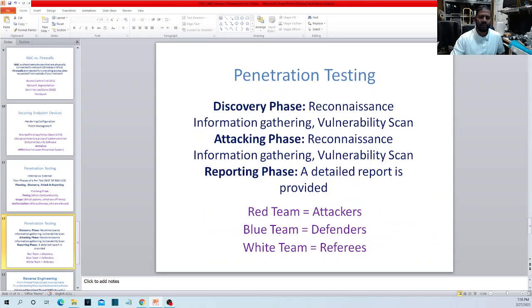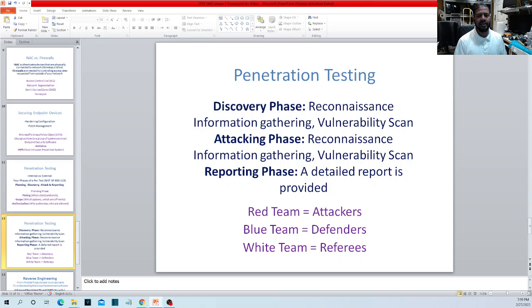Okay. Now next, the discovery phase. Once the planning phase is done, a contract is signed, and everything's clear, which is a very important part, the penetration testers go to the discovery phase. In the discovery phase, they're going to run reconnaissance. They're going to collect as much data as they can. They're going to scan your machines' security from outside. They're going to use all kinds of software to map your network: exactly how your network is set up, which machines are where, whether they are vulnerable, which ports are open, which ports are listening.